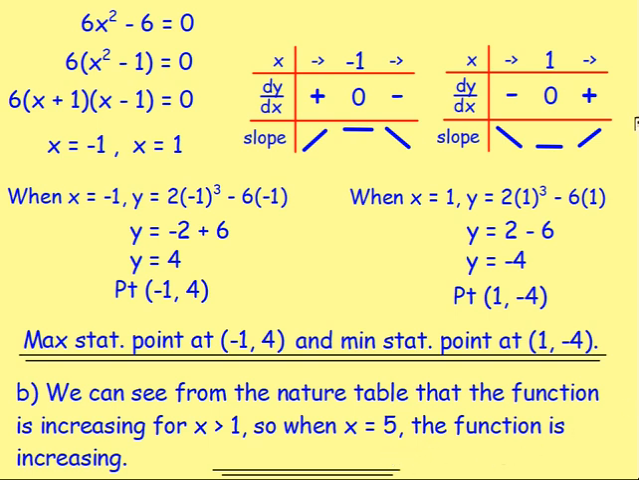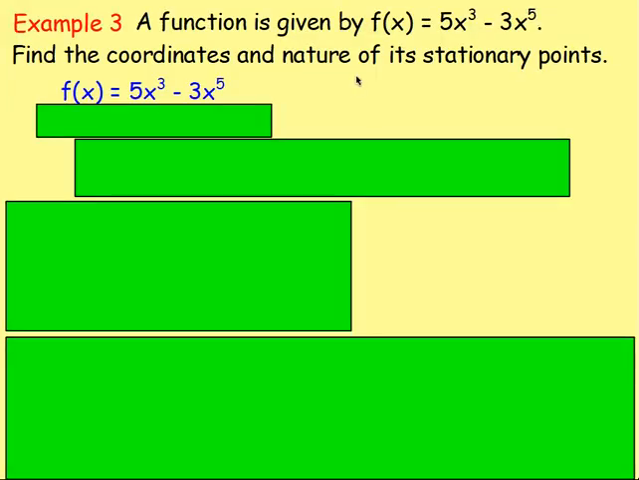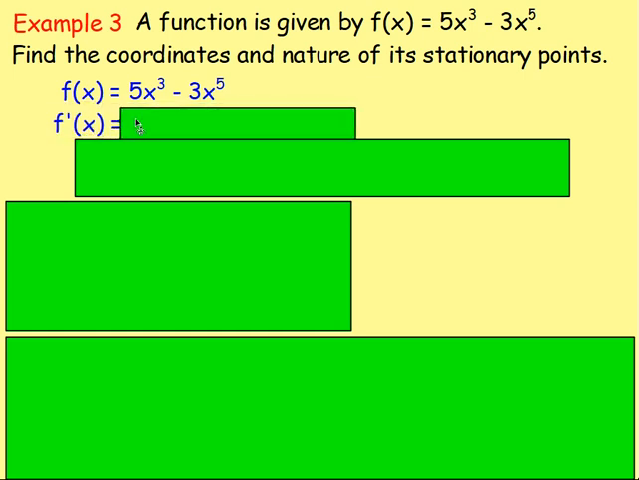One final example, number 3. A function is given by f of x equals 5x cubed minus 3x to the power of 5. Find the coordinates and nature of its stationary points. So to start off with, you have f of x equals just what I said, and you differentiate. So f dash x equals